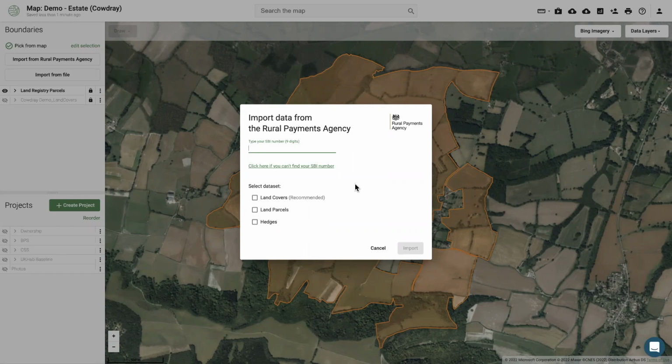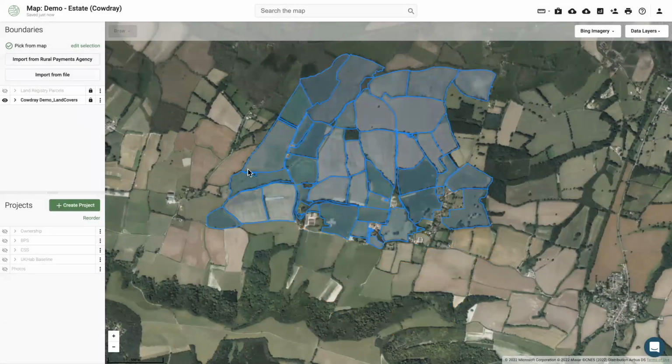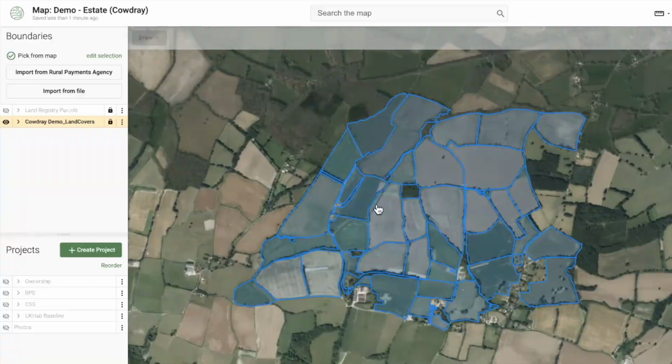And when you hit the import button after you've typed in your SBI number, what that will do, in kind of Blue Peter fashion, is it will drop those field parcels onto your map, like so. So contained within my land cover data, or this is just a small section of Cowdray, contained within that is the information such as the ID numbers and the areas, which is the metadata contained within